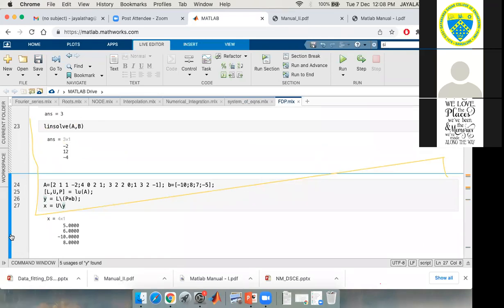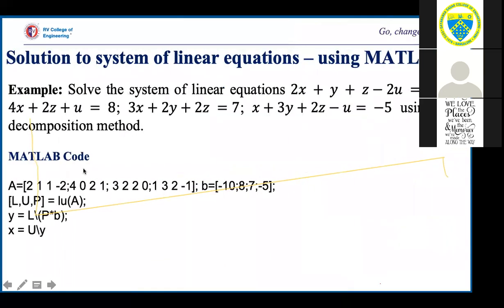Values of x, y, z and u are given to be 5, 6, -10 and 8 respectively. Done.